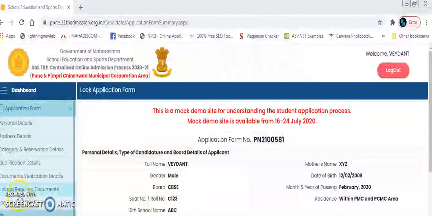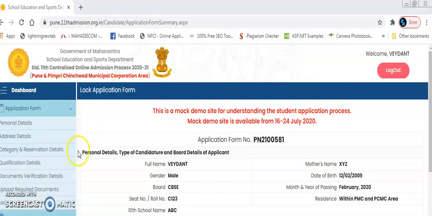Once you upload all the required documents, it will generate a form with all the details which you have filled, like your personal details, address and contact details, category and reservation details, qualification details, that is your 10th standard details, the documents which we need to verify from which guidance centers, and the documents which you have uploaded. Now I am hiding some of the details over here.